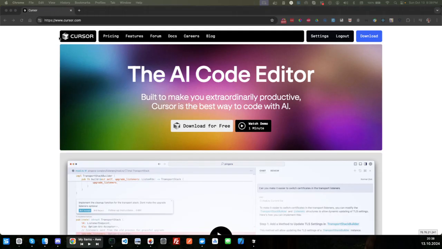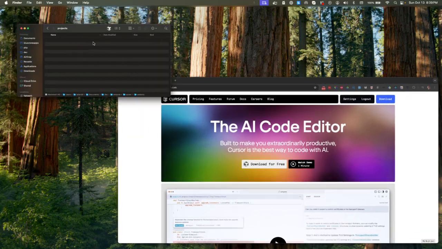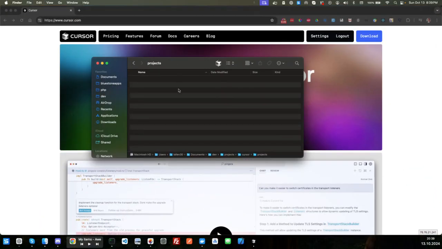And to get started, what we'll need to do is go over to the cursor.com website and download Cursor. Of course, I've already done this. And so we're going to go ahead and go to a folder to get this started. And what we're going to do is create a to-do folder. So I'm just going to title this to-do. Okay, so once this is done, we're going to click this little cursor icon button here to open this in